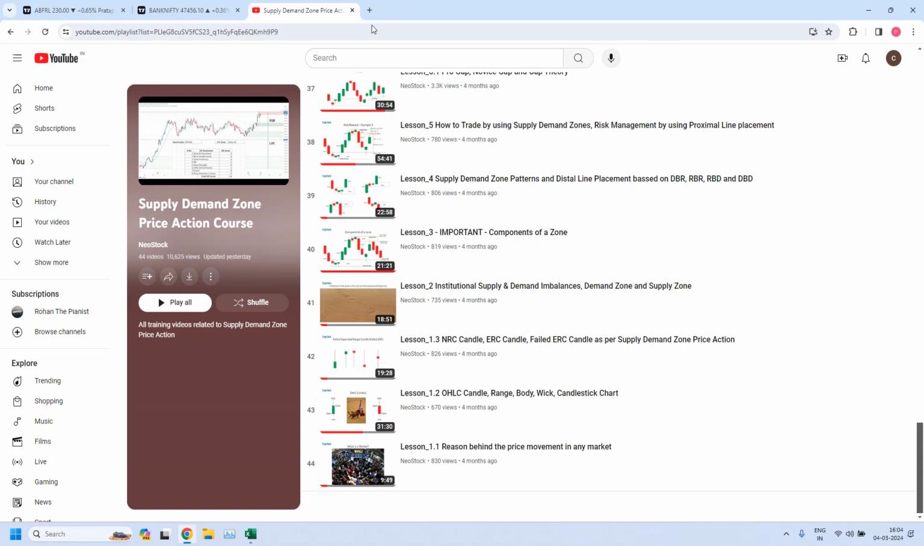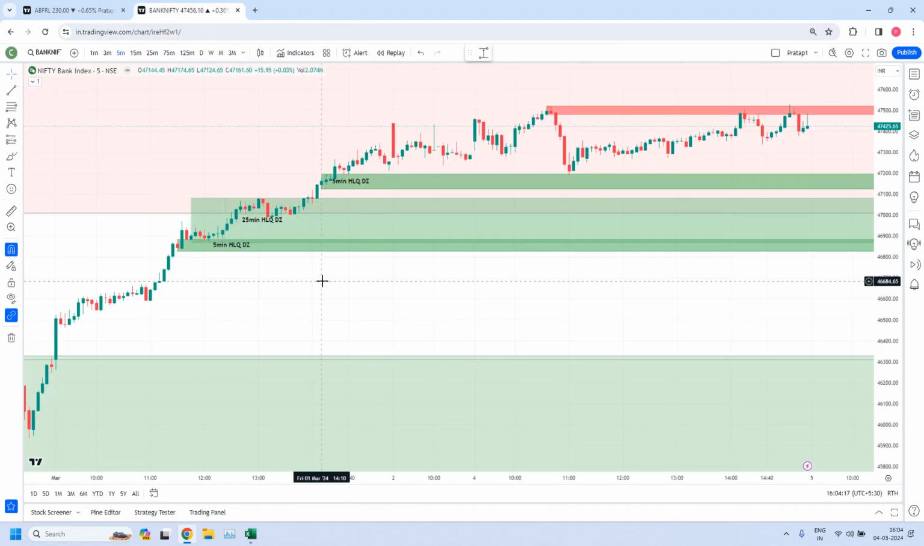Now let us get into the evaluation of high liquidity zones. Yesterday, I published a video on the Nifty 50 and Bank Nifty supply demand zone chain. By using that supply demand zone chain and high liquidity zones, we identified Nifty's support and resistance levels based on different time frames. So the immediate